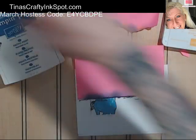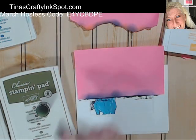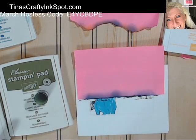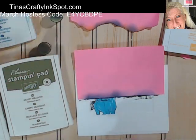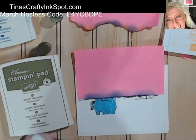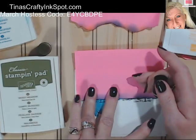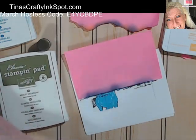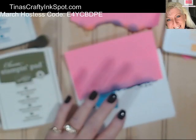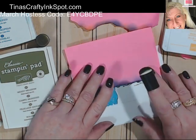So then what we're going to do, and for the grass, I'm going to do Mossy Meadow and Old Olive. And I want to start with my lighter color, because you can always cover with the darker colors. If something goes wrong, you can always...